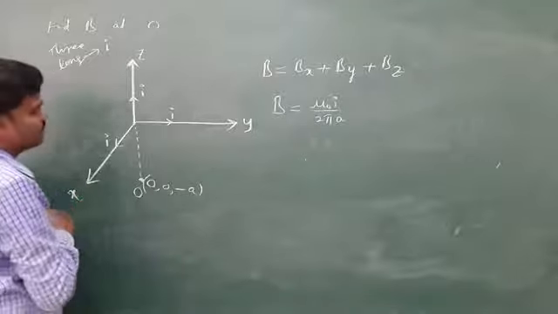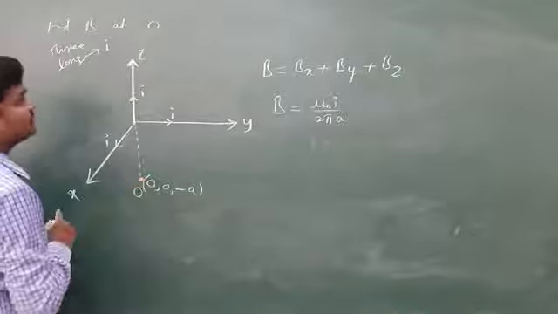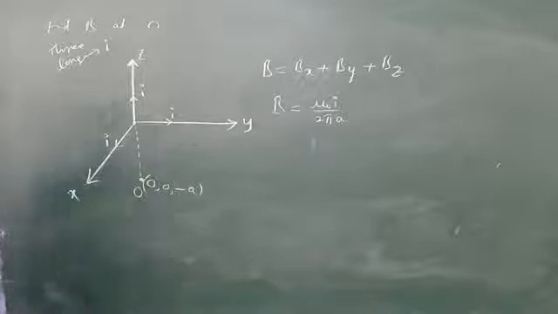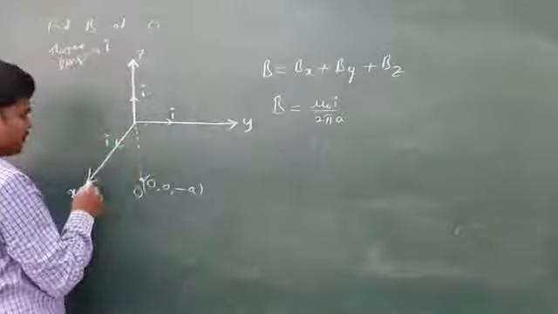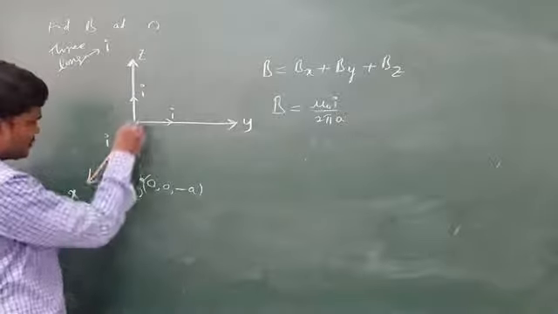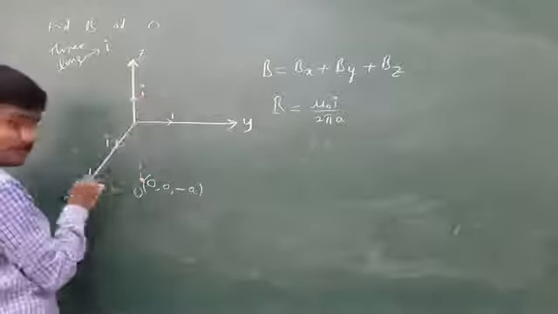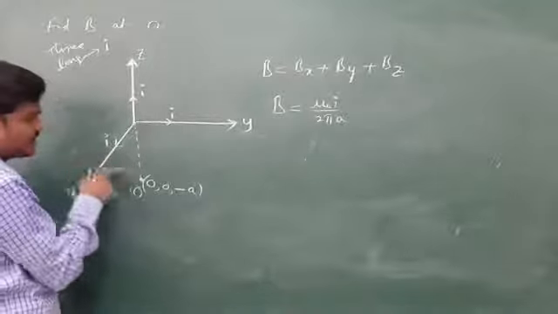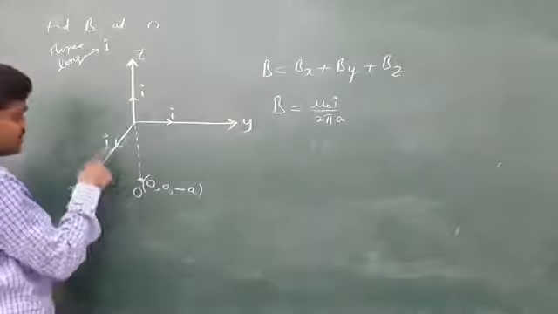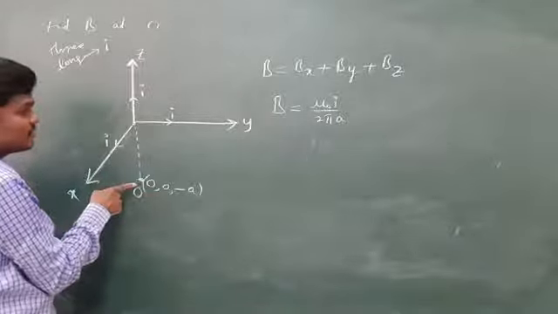Is it the XY plane? No, sorry. This is along the z-axis, so z will be 0. This is 0 already. Sorry, here point O and this current wire: this wire is in the XZ plane. This current carrying wire is in this plane only. So XZ, and this side is in, this side is out, left side is out. Out means positive.